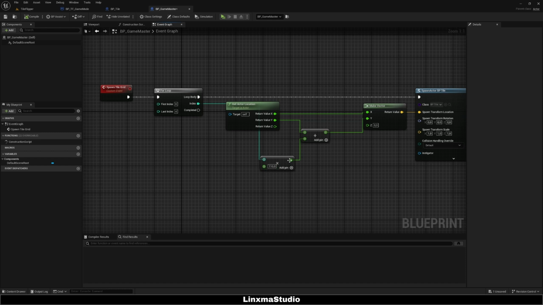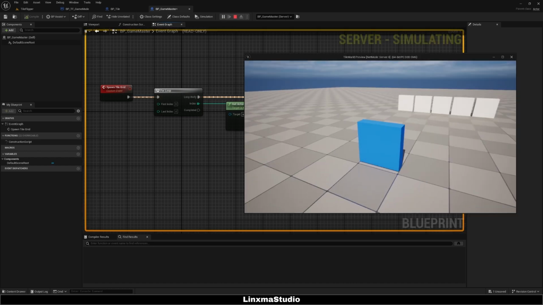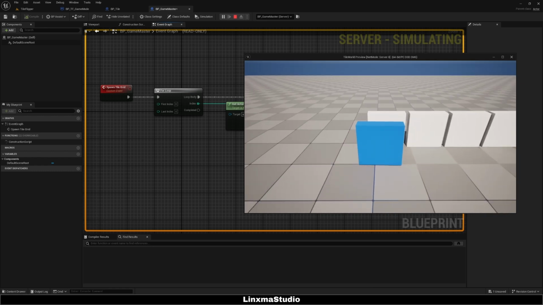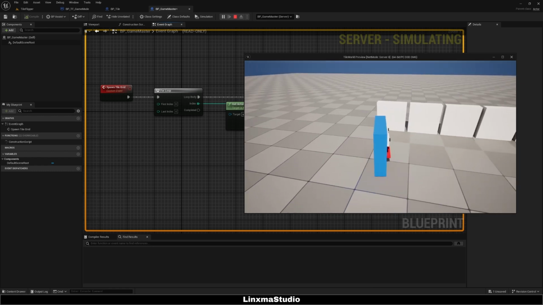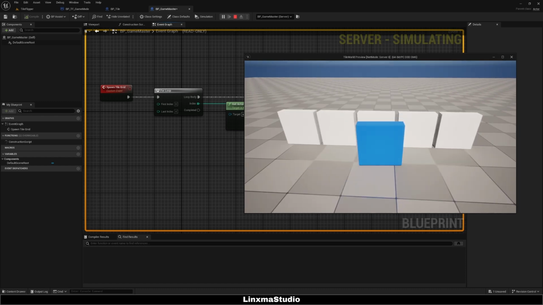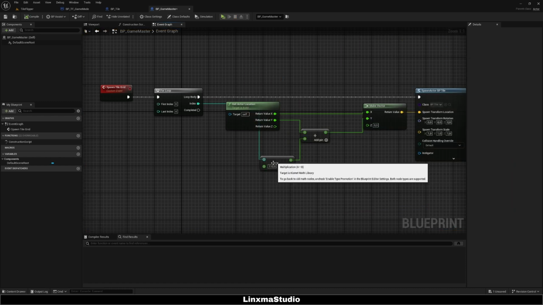To recap, we do a loop that spawns 5 tiles, and for each tile, we add the index of the loop multiplied by our set distance value to the game master's location and set as location of new spawn tile. So the first tile is at the original game master location. Second one is plus 110 centimeters on the y-axis. The third tile is at plus 220 centimeters, and so on, until we reach the last one at plus 550